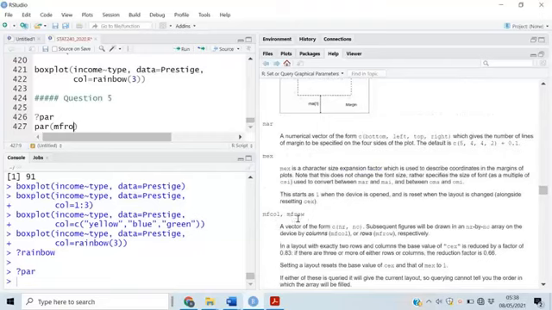So mfrow, a vector of the form c(number of rows, number of columns). We use this to divide the plotting area. I want 3 in 1, all of them in rows. So I'll say mfrow, then 3, 1, which means divide my plotting area into